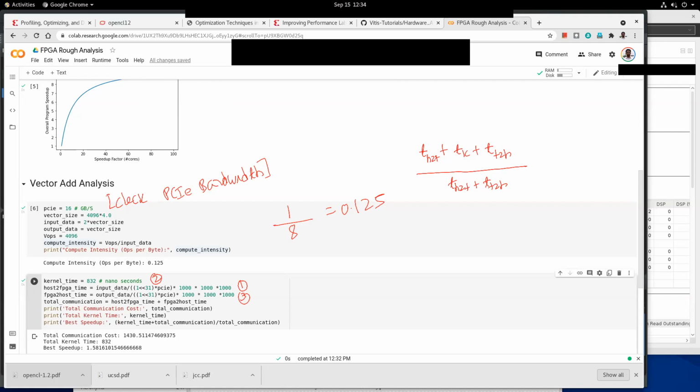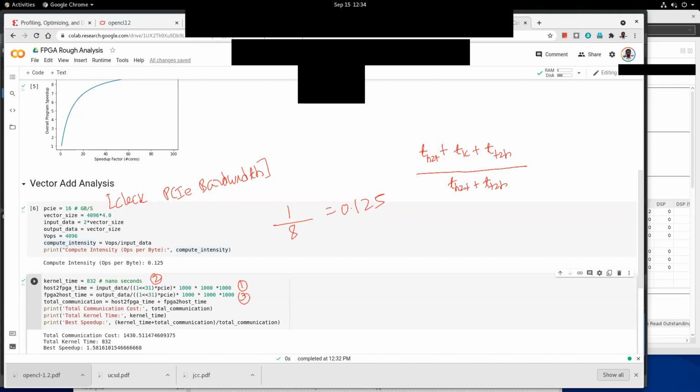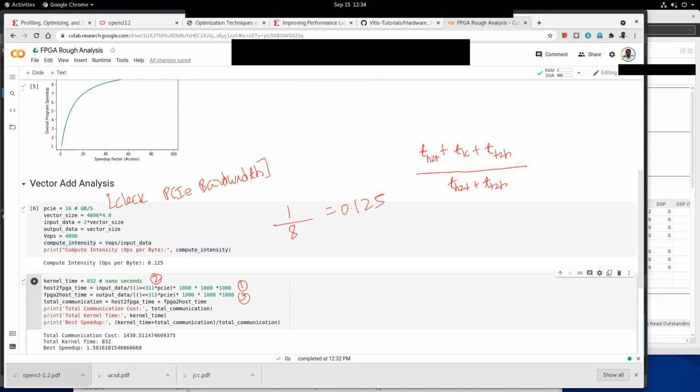Does it mean lower speed up is efficient, sir? No, it's not good. This is from an end-to-end vector addition, because you are comparing this time. Sir, we have to reduce the kernel time, right? That is cheating, no?